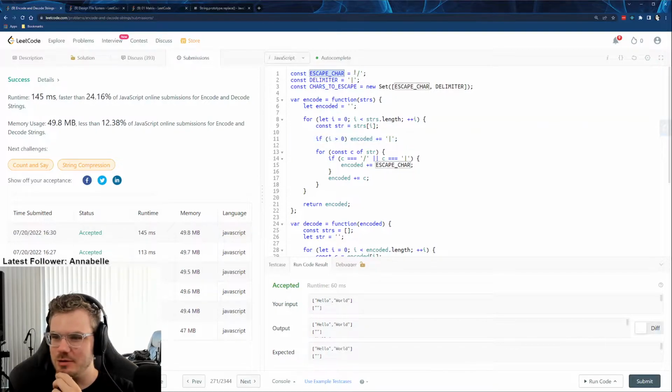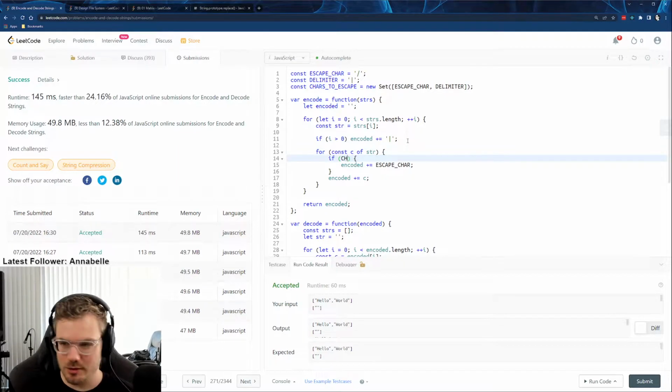But yeah, so we have our escape character and we have our delimiter. These are the only two characters in the encoding that have special meaning. And so those are the two characters that we want to escape. So we can create a new set that contains the escape character and the delimiter. And then what we can do here is if chars to escape